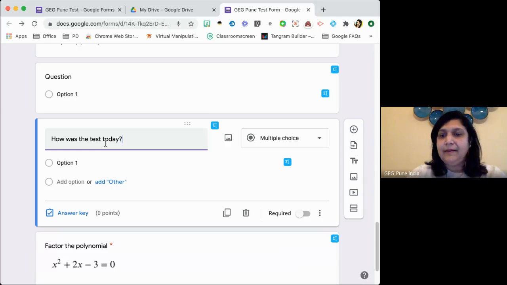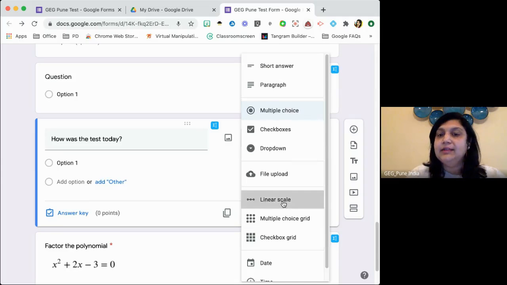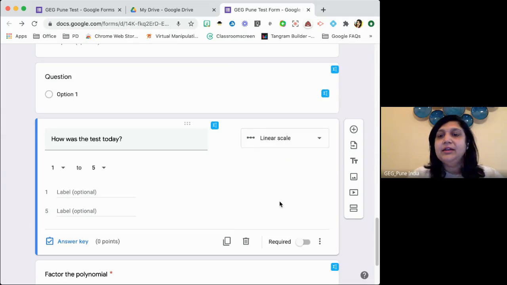Okay. Right. Now, I want that student not to write it down. If you want him to write it down, let him write it down. Otherwise, I really like the linear scale. Sometimes the concept that we are using a lot these days, because kids are online, they cannot see us, we don't know what they are doing. We call it daily check-in. We just put a question like this: how are you feeling today?